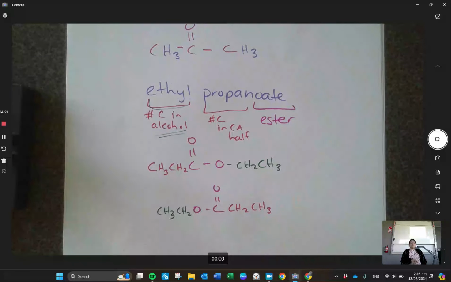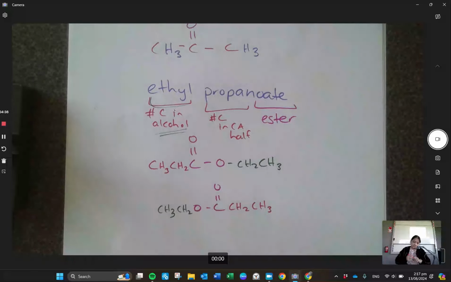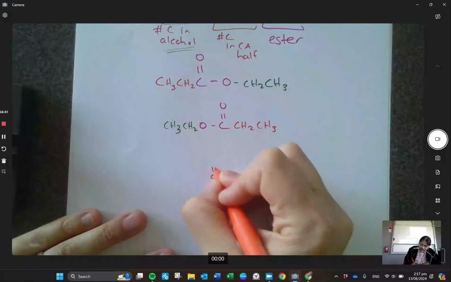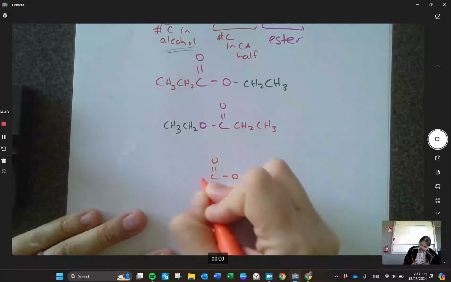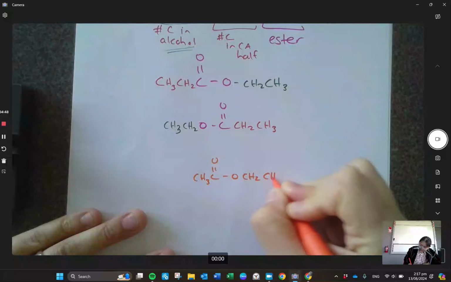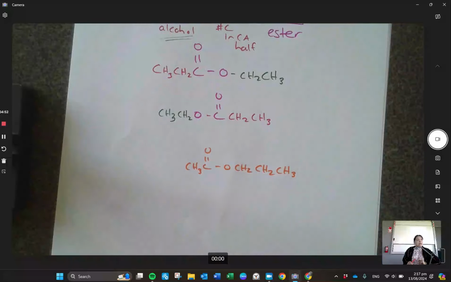The reason why they're the same molecule is that this carboxylic acid part is still 1, 2, 3, and the alcohol component is still 1, 2. So you can draw it either of those 2 ways, and you still have the right answer. Now, if you had swapped the number of carbons around, let me show you the wrong answer. So if you did C double bond O, O, CH3, CH2, CH2, CH3, if you drew this, which is what Caleb might have drawn,